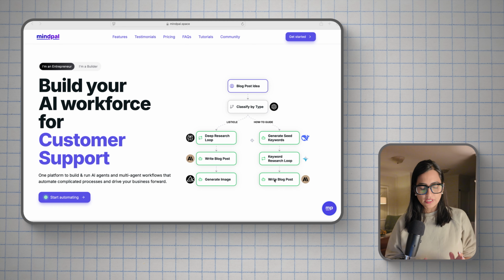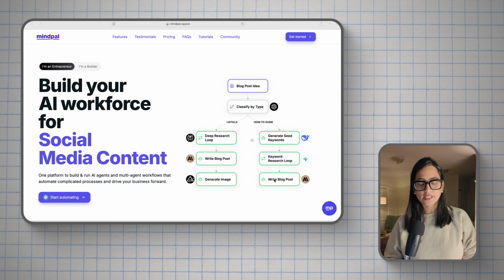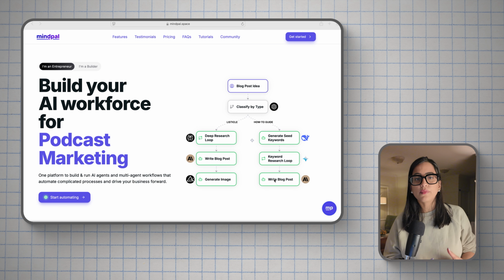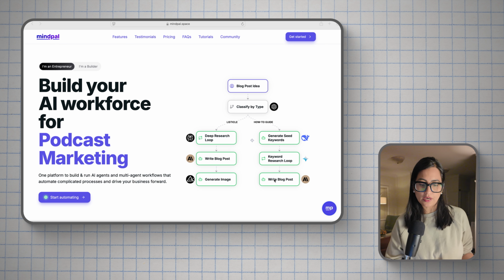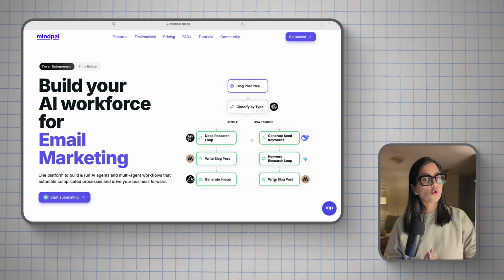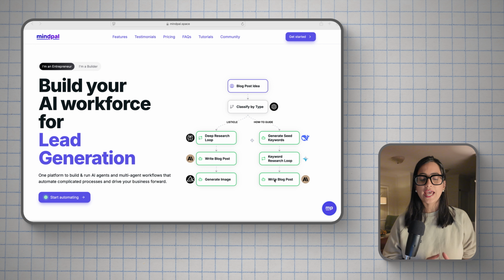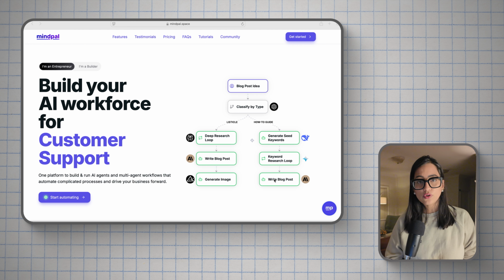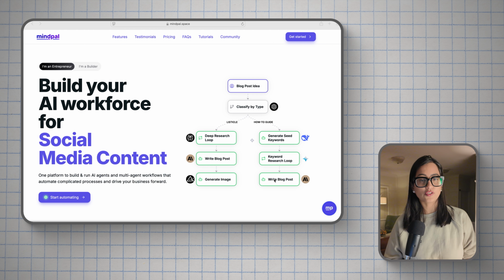Let's get started with this, but if you're new here to the whole chatbot space, you should know that you can create custom GPTs within ChatGPT as well. However, you cannot sell them in the market except for the GPT market, and that is why the tool that I use is called Mindpile. I have a whole tutorial on how I create $1,000 a day with AI chatbots, and in that tutorial I teach you how to create that custom GPT for yourself using ChatGPT. So if you want to go and watch that video, it's on my page. It's called How to Make $1,000 a Day with AI Chatbots.